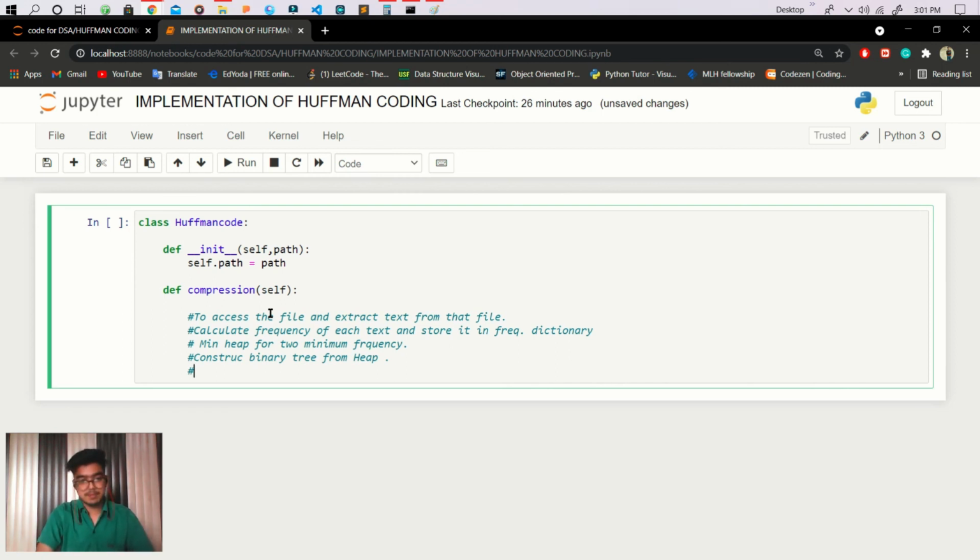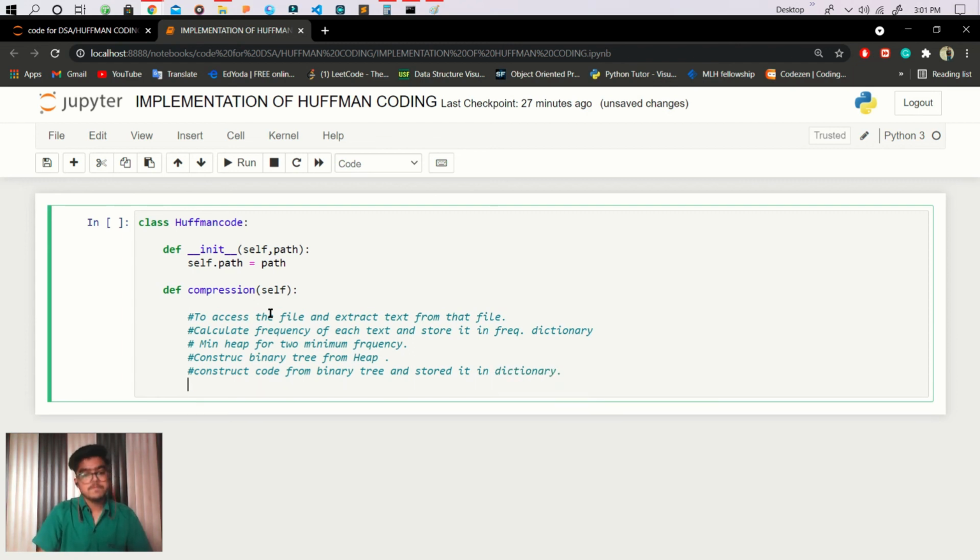So the next step is to construct the codes from the binary tree and store them in a dictionary.